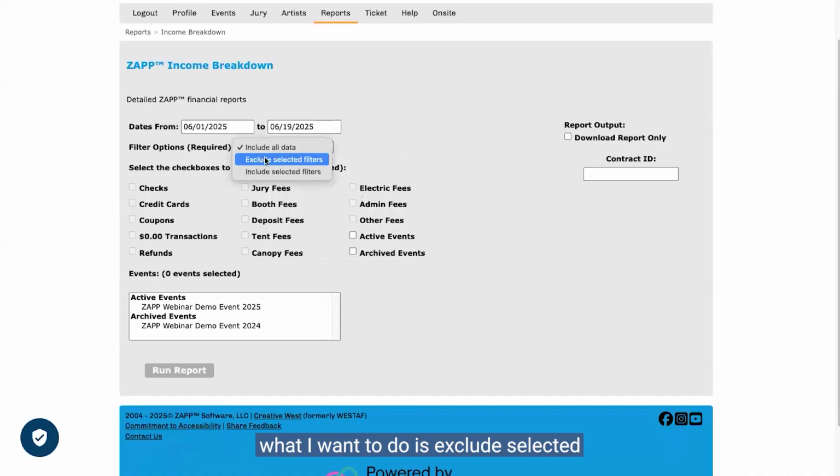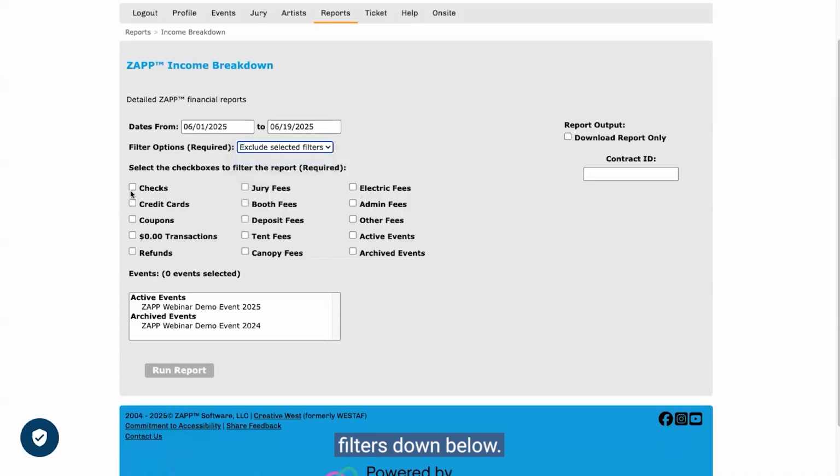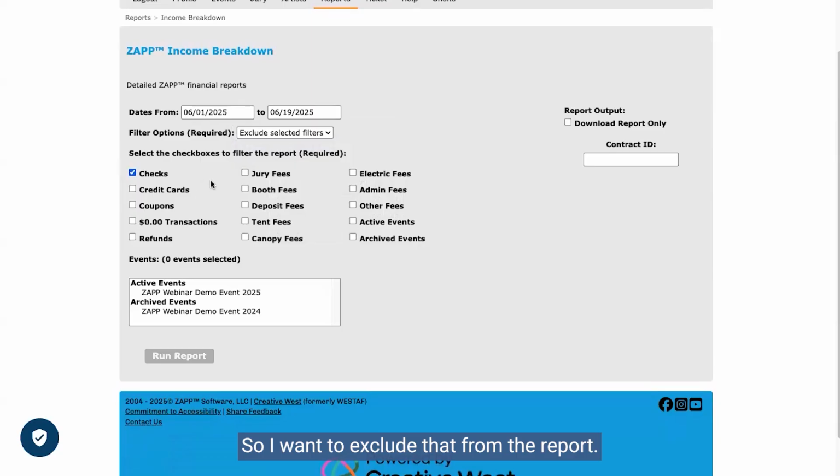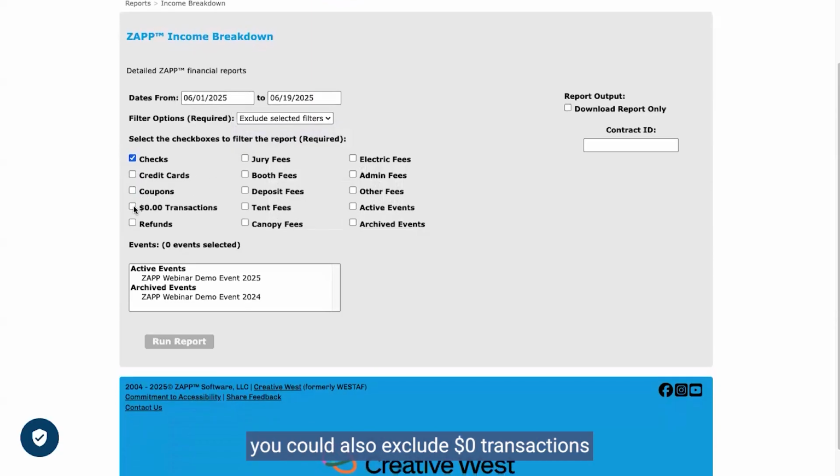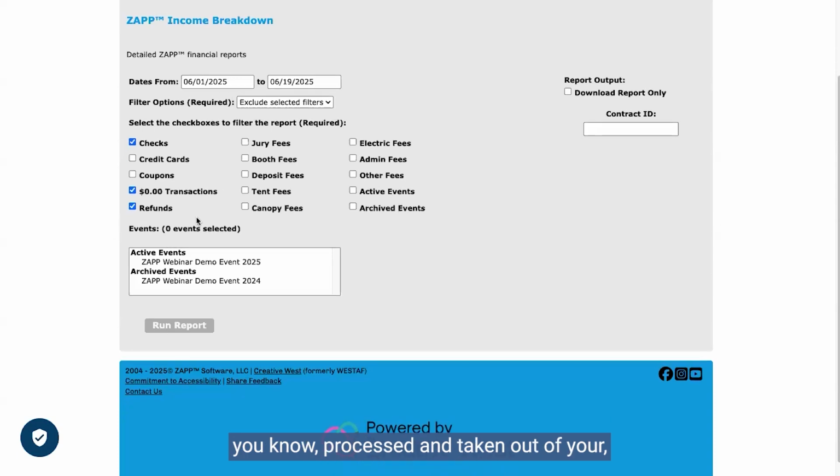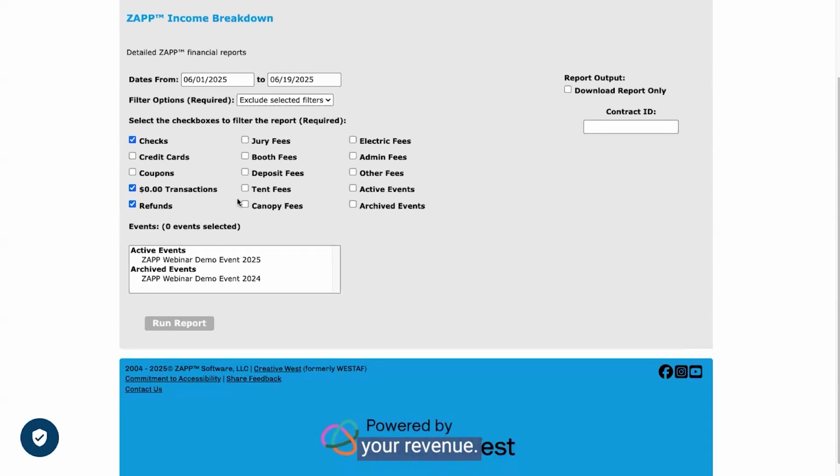And then what I'll want to do is exclude the selected filters down below, and I want to exclude checks. That's because checks don't get sent to ZAPP, they get sent to you, so we don't have those funds, so I want to exclude that from the report. And then if you wanted to, you could also exclude $0 transactions just so it doesn't fill up the report. That might not even be applicable. And you can also go ahead and exclude refunds because refunds would already have been processed and taken out of your revenue. Other than that, you can go ahead and choose the event that you're collecting revenue for and click